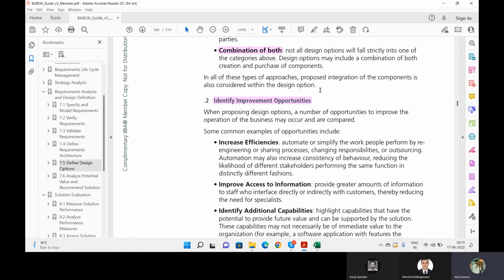कि how I can improve the operation of the business may occur or be compared. Means you are implementing a solution, that's fine, but still you need to identify how I can improve my business operations. Is the design, I should take a design that it should not create an overhead for my